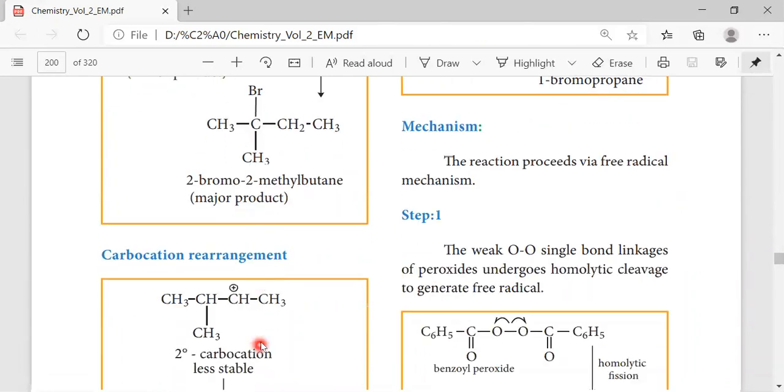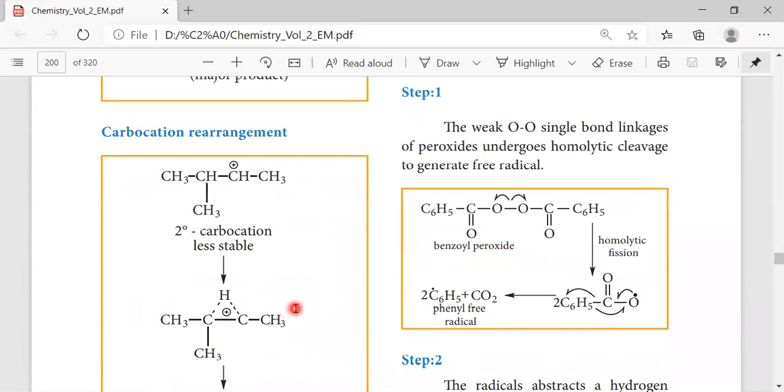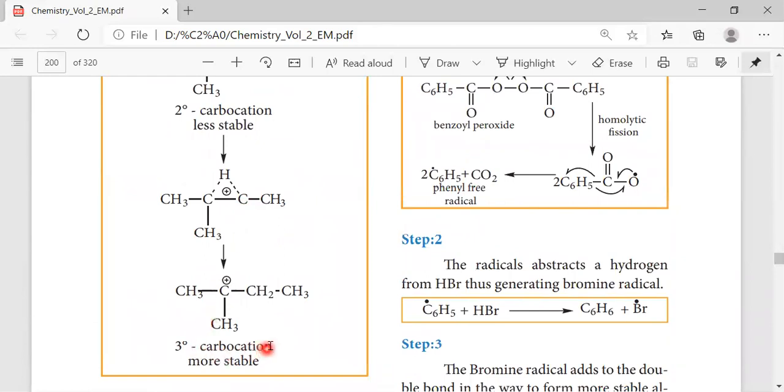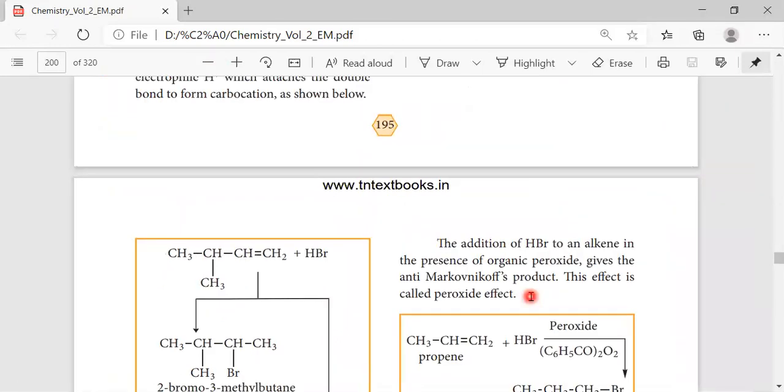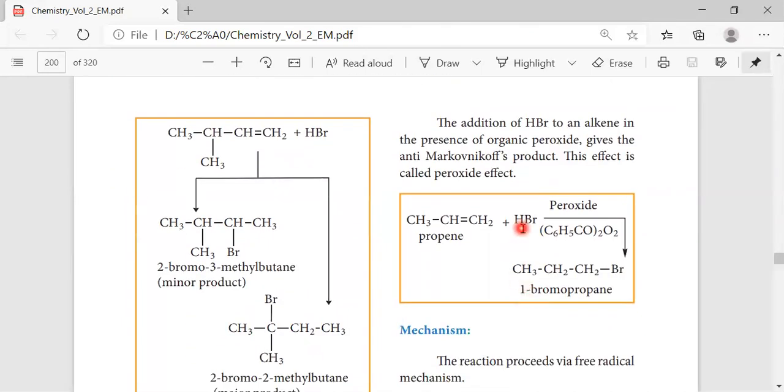Okay. So in carbocation rearrangement, here you see the secondary is less stable and the tertiary seems to be more stable. So now we have to make the addition reaction based on Markovnikov's rule. So Markovnikov's rule is simply the negative part. If we take H plus Br minus, which one is the negative part here? Br minus is the negative part. Right? That negative part will go and attach to the carbon where fewer hydrogens are attached. Right? That is Markovnikov's rule.